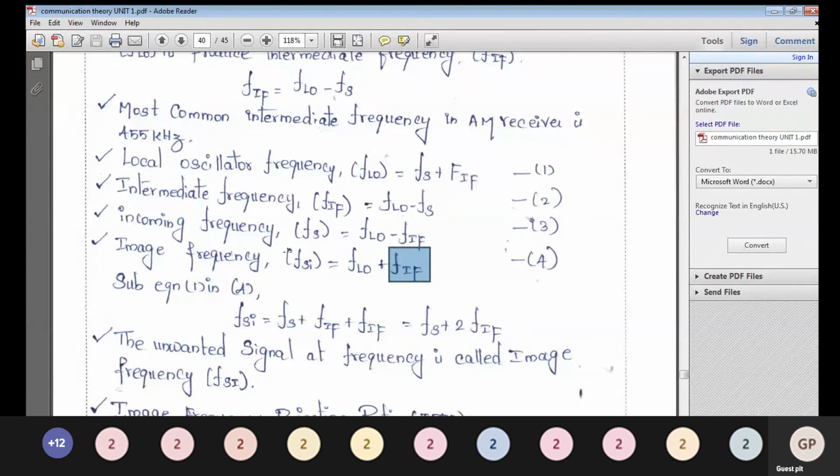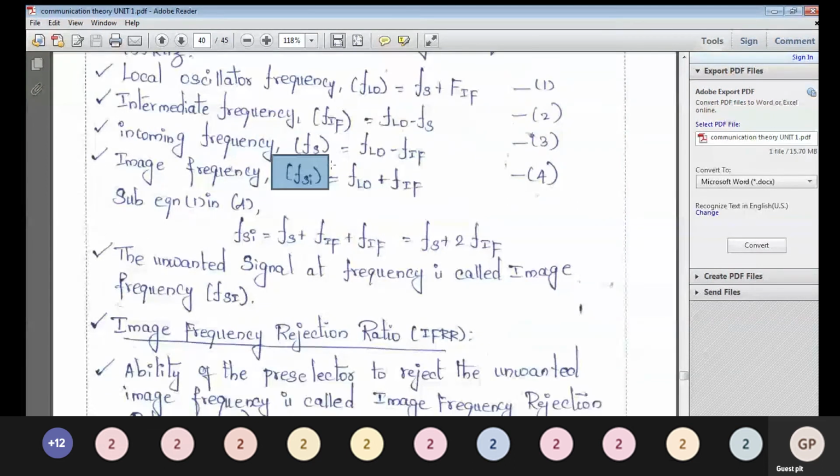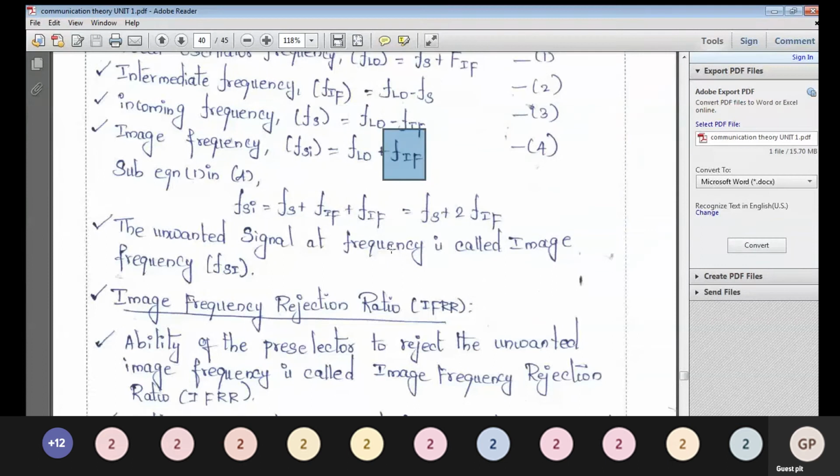But here we are facing one problem. The receiver block will allow the desired frequency as well as the image frequency, because both are producing the same intermediate frequency component as output. So both signals are producing the same output. We think both signals are desired signals. The receiver will allow both components, but only one is desired. The other one is the image. Is it clear? So the locally generated frequency plus the intermediate frequency is called the image frequency signal.